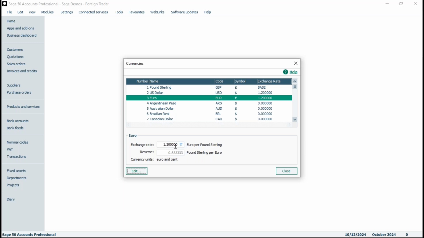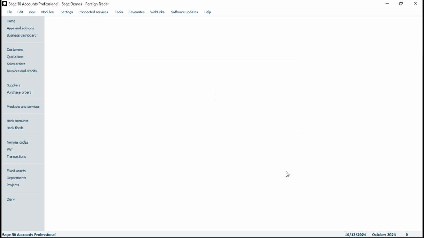Anyway, we've got 1.2 entered against both of these currencies now. And we'll close. Now you can go into that list at any time. It is manual updates only. It doesn't connect to any HMRC or banking software. It's just a case of you would maintain that manually if needed. But again, you will just be able to key in an exchange rate there and then when you're keying in